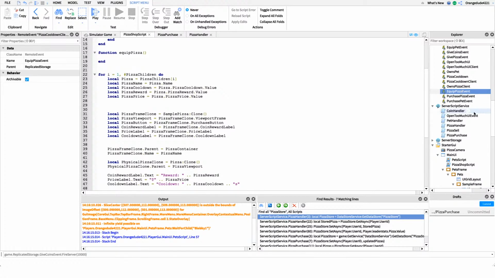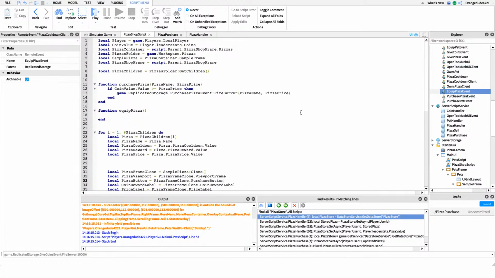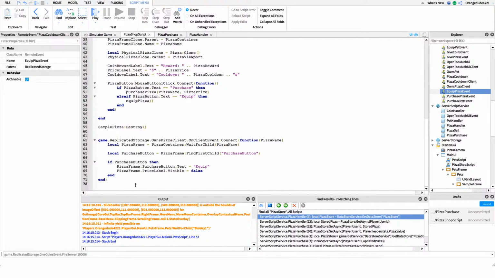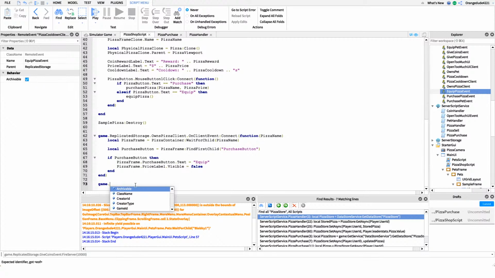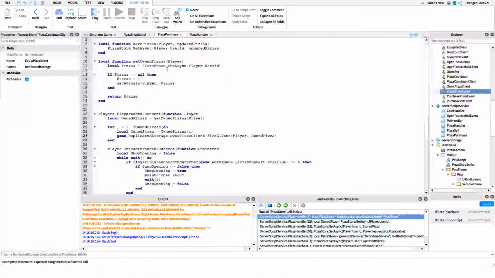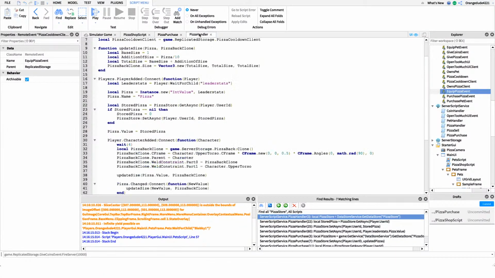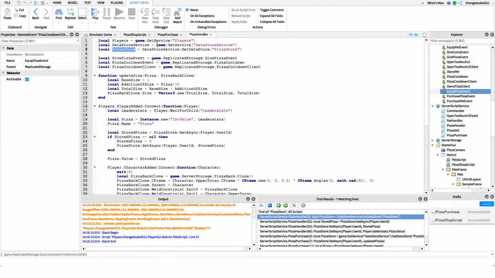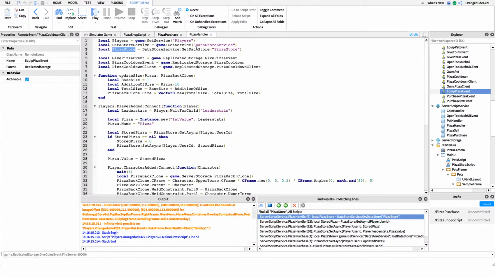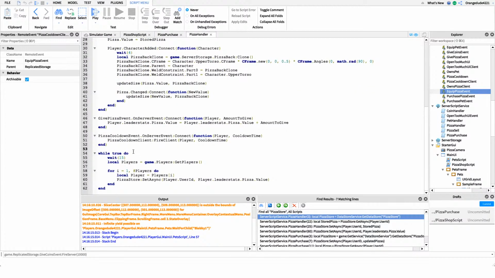Equip pizza event, and all we're going to say is in this pizza shop script, we'll say game dot, or we don't want to do it in this one, we want to do it in the pizza purchase, or do we want to do it in pizza handler? I'll do it in pizza. We'll do it over here. And we'll just say,